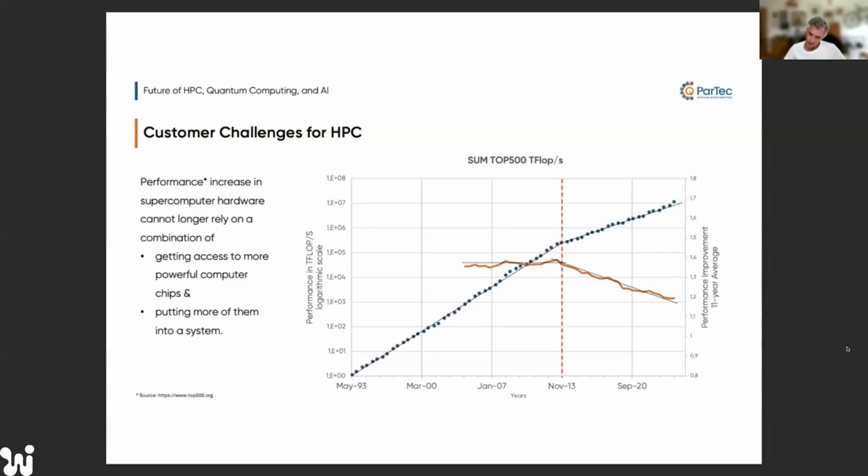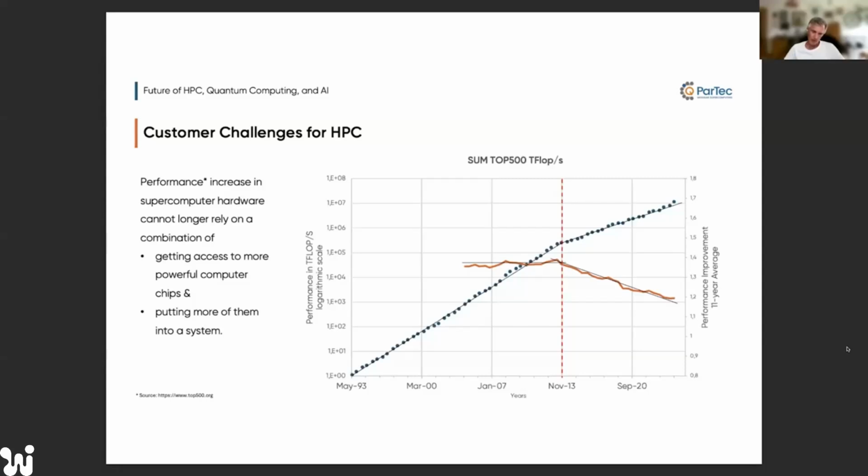That is exponential scaling because it is a logarithmic scale in time of the Top500 teraflops, and it's the sum of all systems, the blue points right now. And you see from the beginning of the Top500 list up to 2013, I would say we have this exponential scaling. But then you see also that there is a shift in this line. So there is a new line that came up, which has a lower slope after 2013.